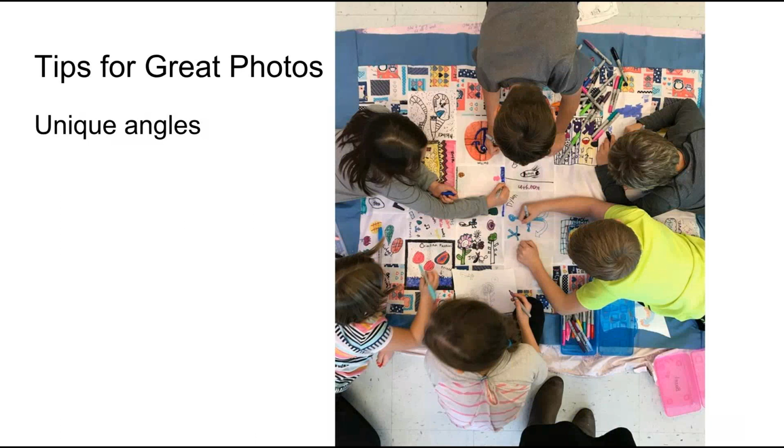Unique angles. Explaining to your staff that there are some really unique angles you can get with whatever you're doing. This is one of my favorite examples. I thought at first that this teacher was probably standing on a desk, but all she did was take her camera and hold it over them. The feet at the bottom of the picture, the brown boots with the dress, are the teacher taking the picture. So all she did was take her camera and take it above.